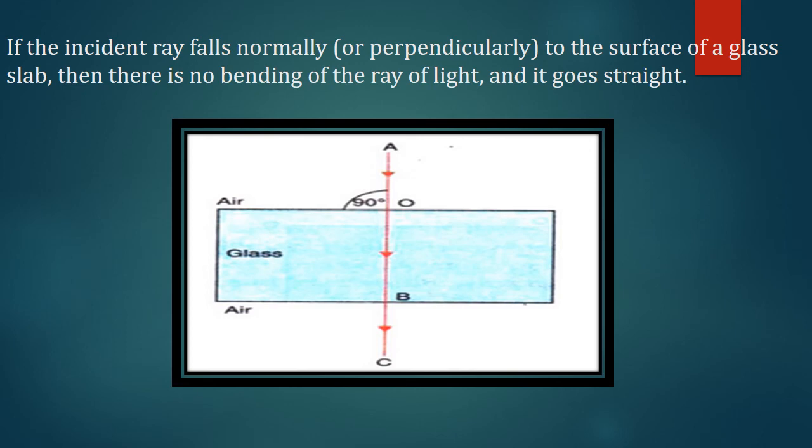So children, what did we learn today? We learned what is refraction, what are the effects of refraction, optically denser medium, optically rarer medium. What happens when light moves from rarer to denser and denser to rarer. We understood the cause of refraction and also we understood the path of the light rays when it enters from air to glass and glass to air, especially the refraction through a rectangular glass slab.